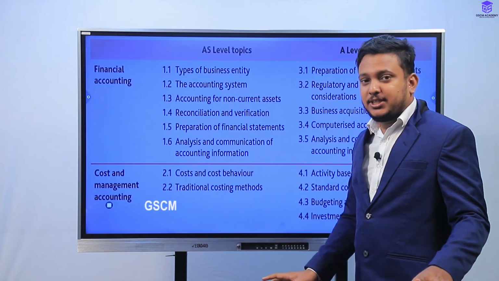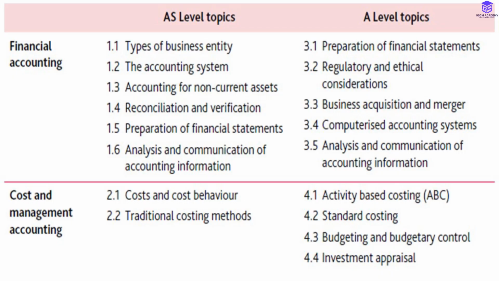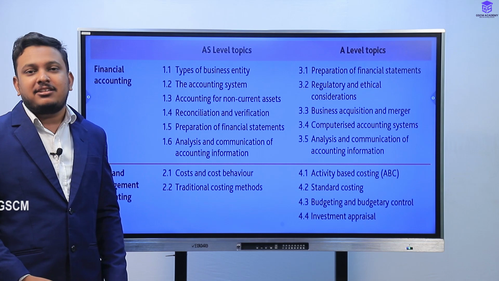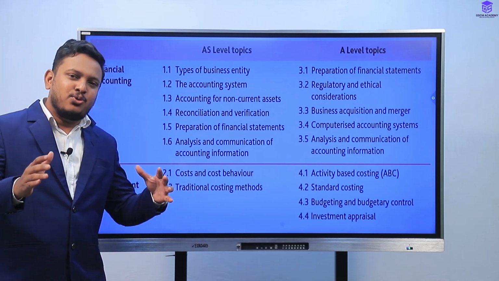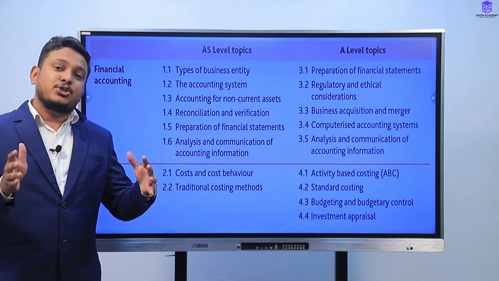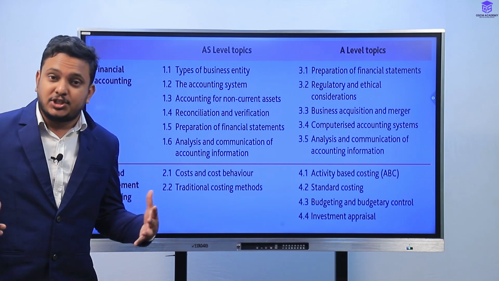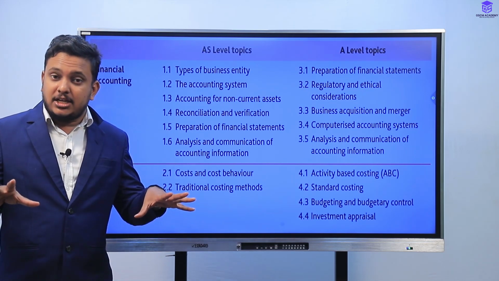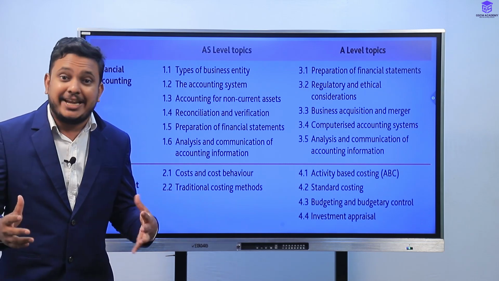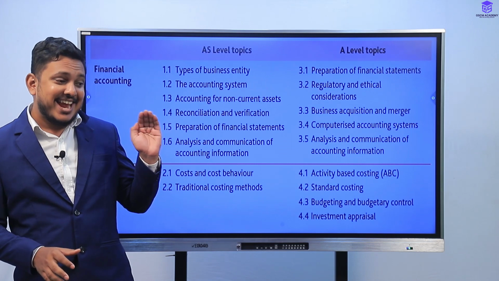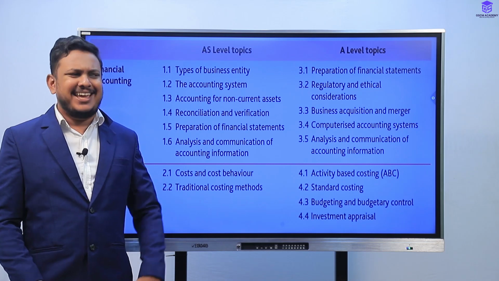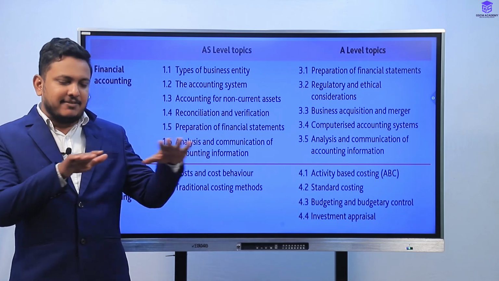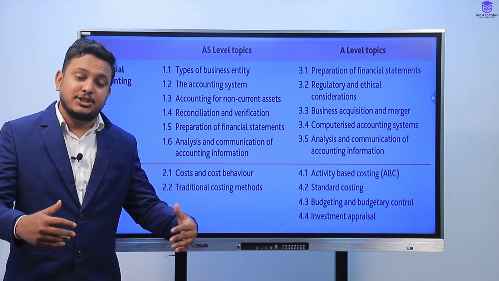Content overview, right? In this segment, what I'm going to explain to you is the content in your subject, which is accounting. As you are well aware, when it comes to Cambridge International examinations, you are given the chance to obtain two qualifications. First one is the AS qualification, whereas the second is the A-level qualification. AS qualification is like the basic level qualification, right? When it comes to international A-levels, right?